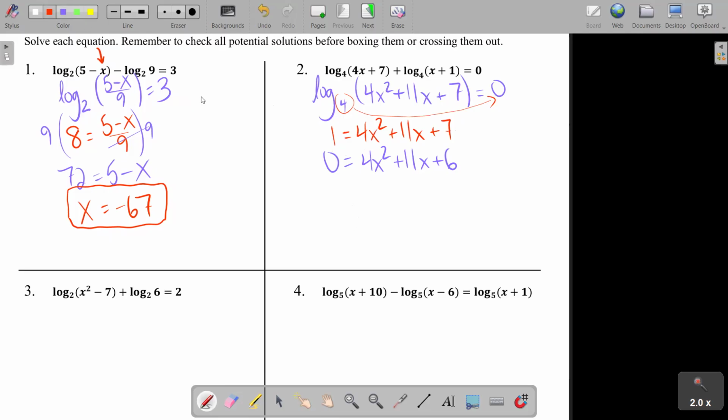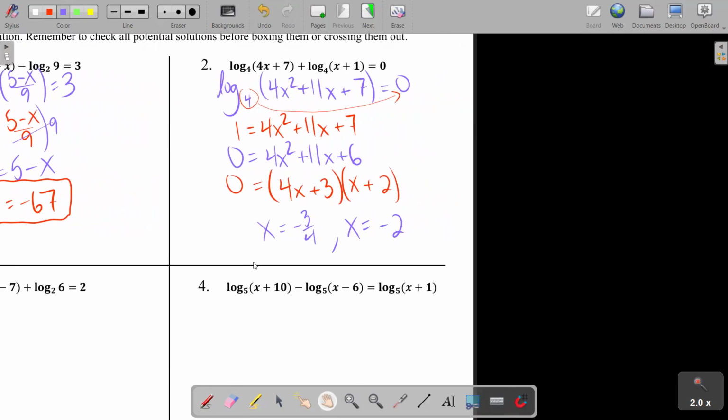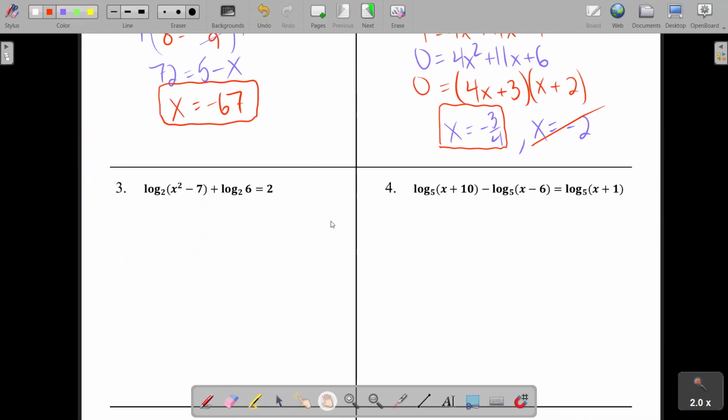And this will factor down into (4x plus 3) times (x plus 2), which means that our maybe solutions are x equals negative 3/4 and x equals negative 2. And in this video, I won't go through every little detail of checking your answers. Just know that negative 3/4 will work and negative 2 will not, because it's going to give you negative log arguments. So negative 3/4 stays, negative 2 gets crossed out. On to number 3,